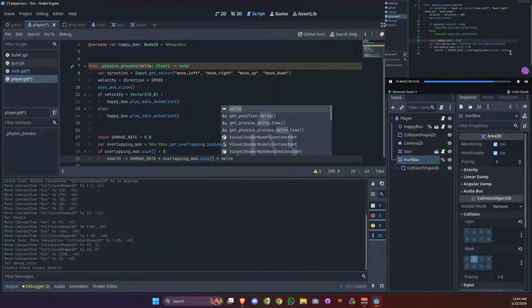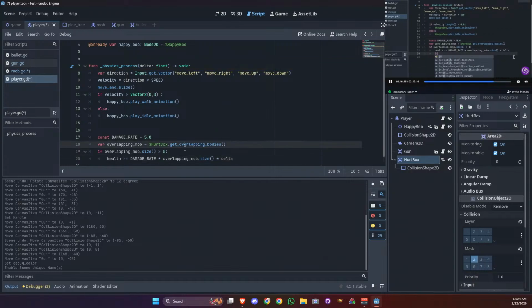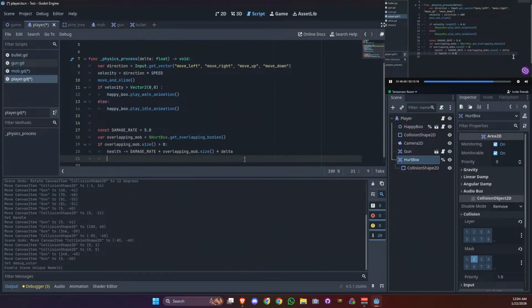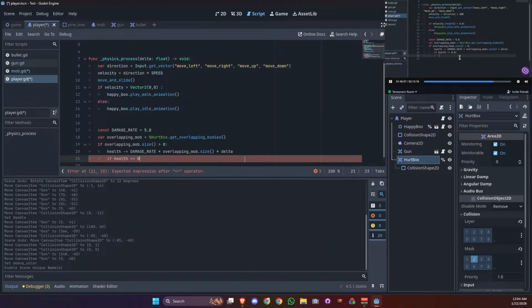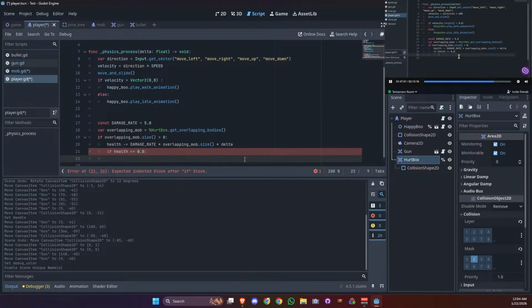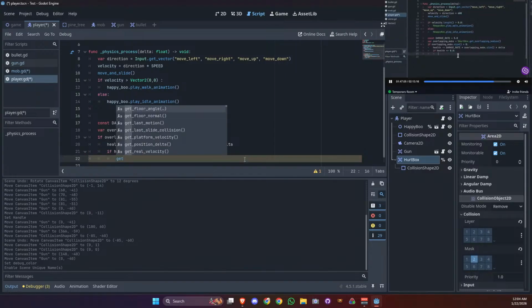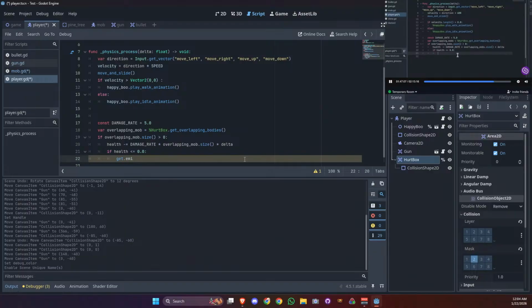So what we can do then is check if the health is lower or equal to 0. In that case, we're going to have game over. But we don't want to code the game over and display the game over screen right here. So what you would typically do in Godot is emit a signal for the user interface to catch and display the game over screen. So for now, we are just going to emit the signal, and we're going to define